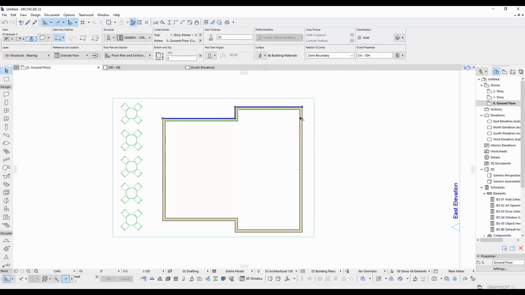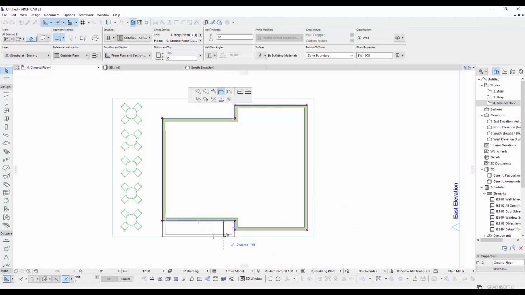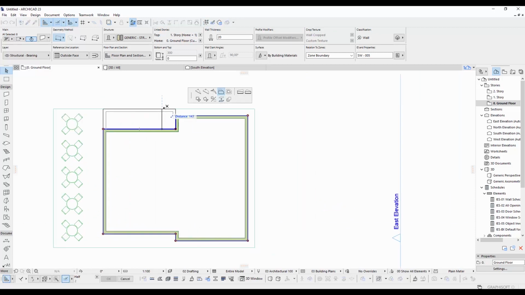I apply detail dimensions. I select this wall and stretch by clicking its edge. I'm just gonna click here and while pressing the shift key, I'm gonna click the other corner. I press the tab key, type 50 and press minus. That does the trick. I do the same things here too.